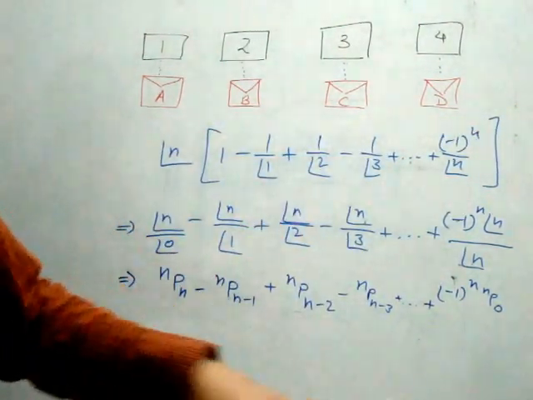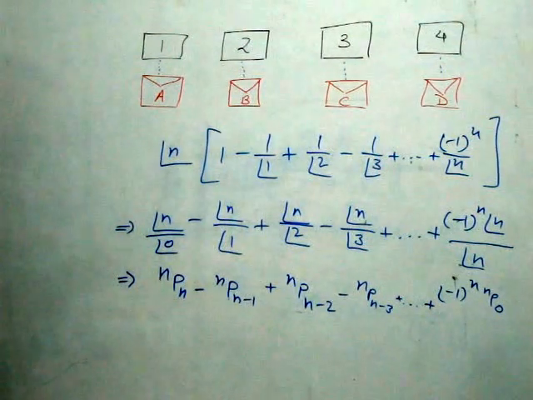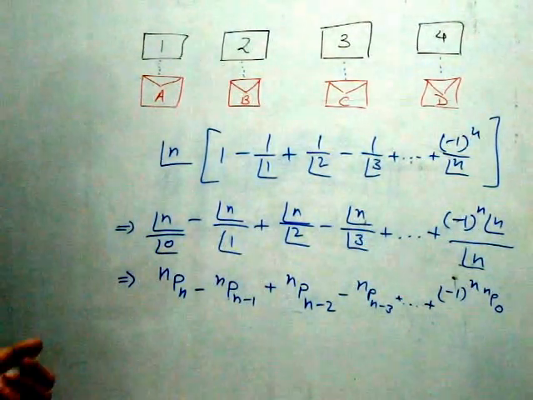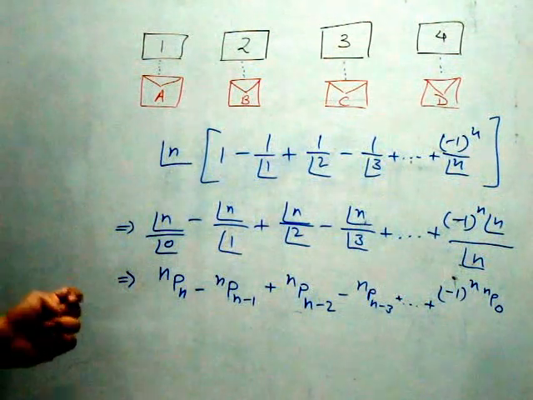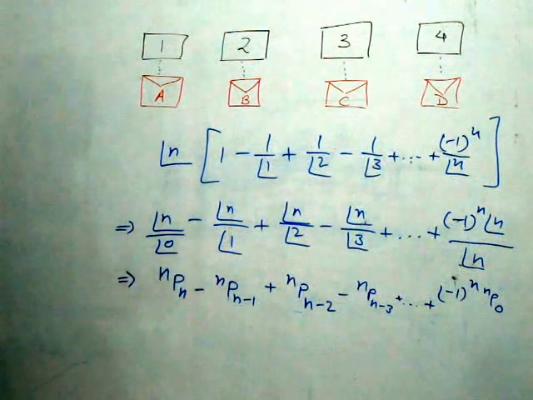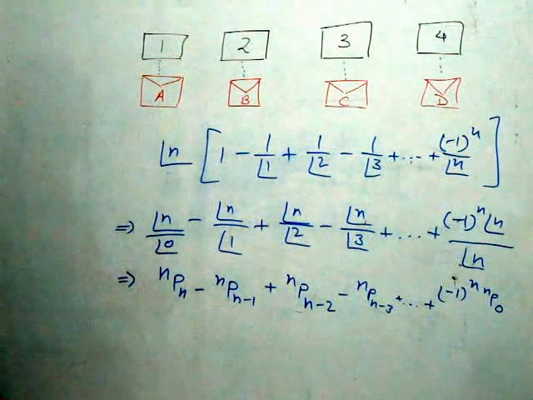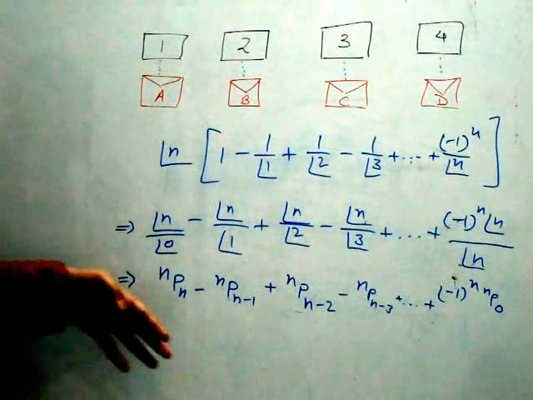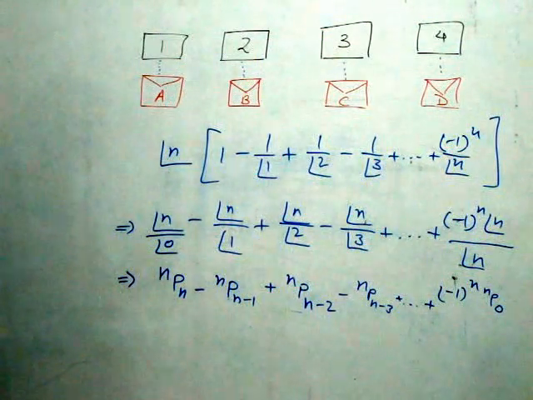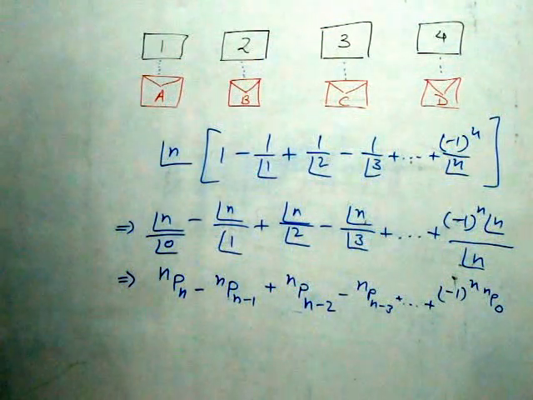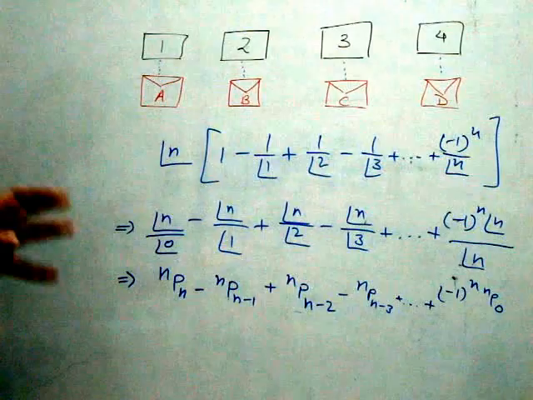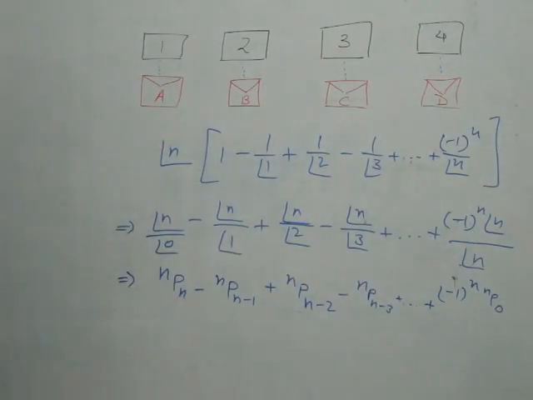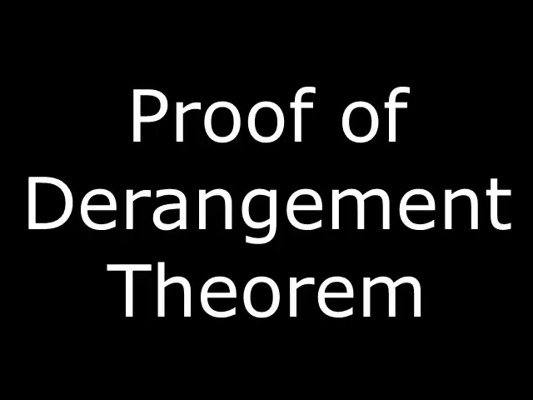This is one format which I have not found as of now in any of the texts or any of the mathematics literature, but this is a formula which I like to use, or it's much easier for me to memorize. So you can memorize the formula like this or like this. Now the next part of the video will be focused on finding out where this formula came from, or what the proof of this formula is.